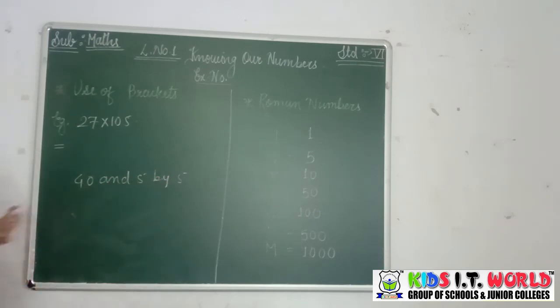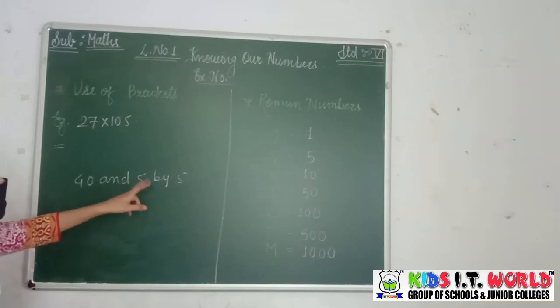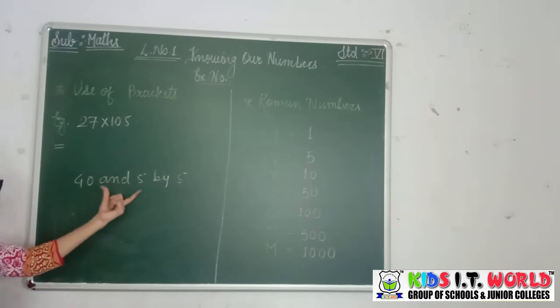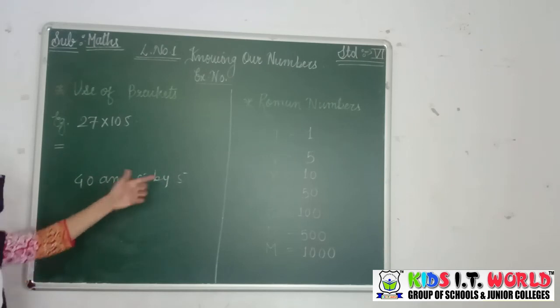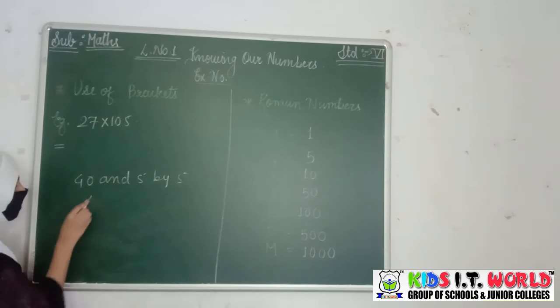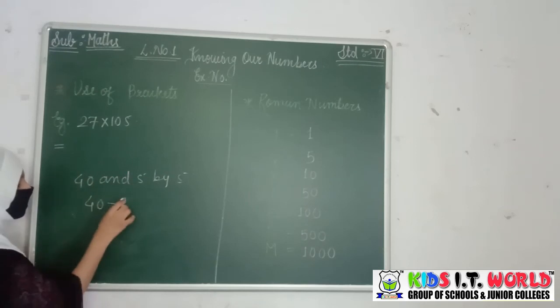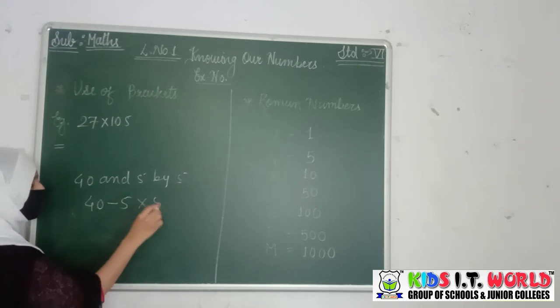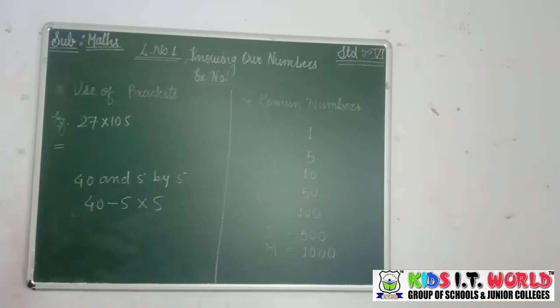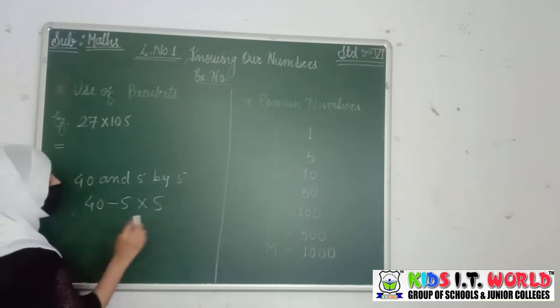If the question is given to you that you have to find the difference of 40 and 5 by 5, it means you have to find the difference between 40 and 5, and then whatever value you get, you have to multiply that value by 5. So how will you denote this in mathematical form? You have to find the difference, so it will be 40 minus 5, and by 5 means it is multiplied by 5. But is it the right way to show it in mathematical form? No. When we use the brackets, then only you can solve it separately.